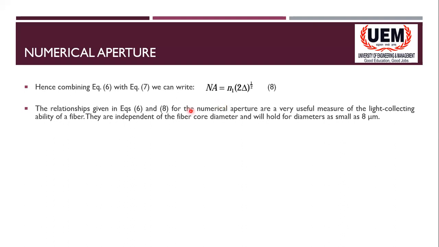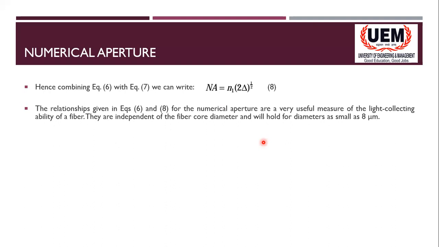So now we have derived and seen the three parameters which are extremely essential for the ray transmission model. That means the critical angle, the acceptance angle, and the numerical aperture, which must hold true if we want to transmit or propagate light through the fiber core following total internal reflection. If these three parameters are not met, then we may lose light inside the cladding.